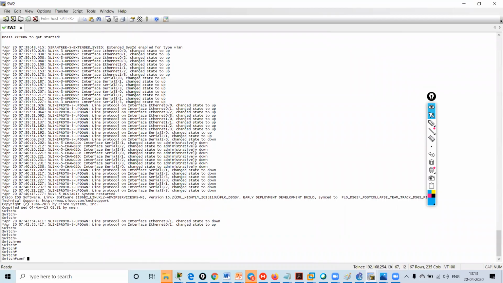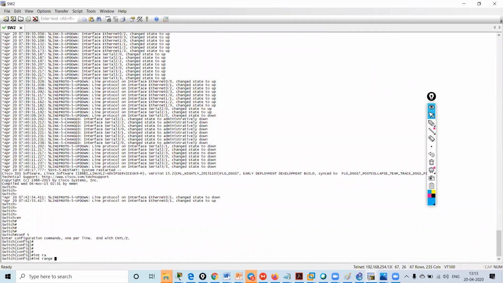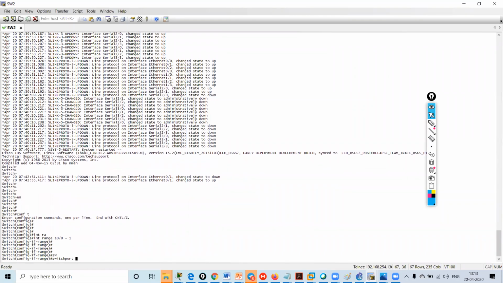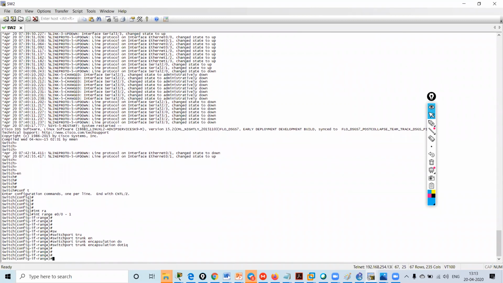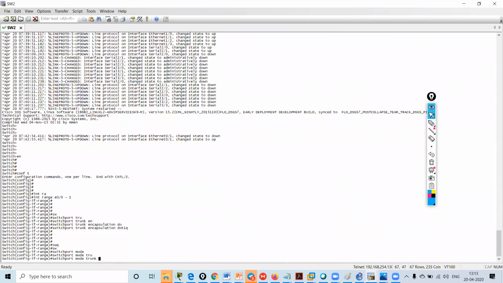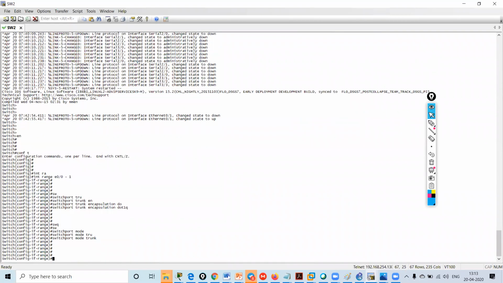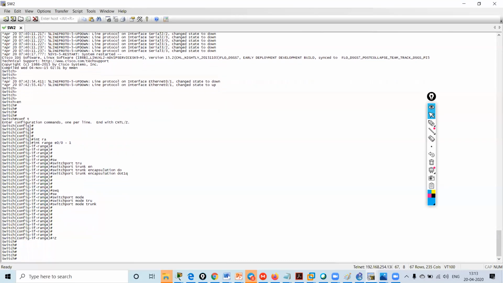Enable, config terminal, interface range Ethernet 0/0 to 1, switchport trunk encapsulation dot1q, switchport mode trunk. I've made the ports trunk.